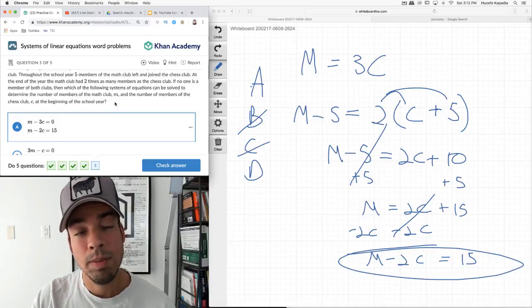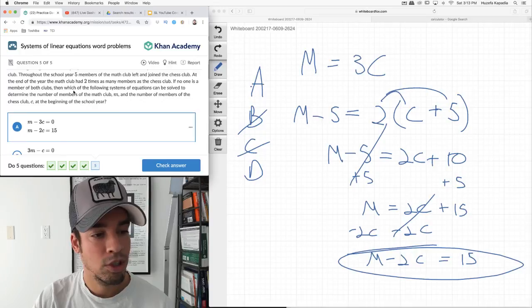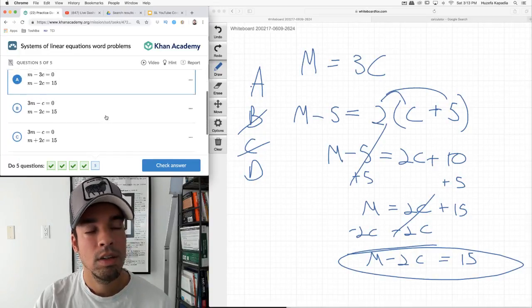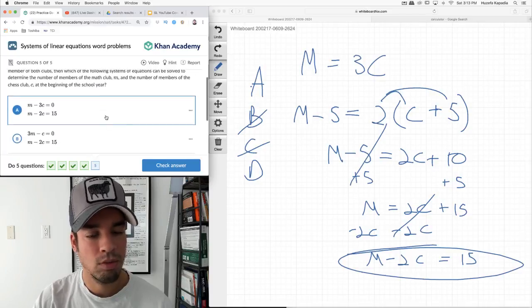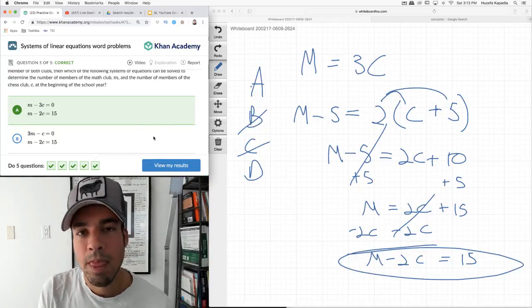So if you see a problem like this, you should be happy because you don't have to solve for the variables. It's a bit shorter. And use these elimination tactics so you don't have to check, so it doesn't take as much time to check through the correct and incorrect responses. Let's make sure we're right. Boom, there it is. Okay.